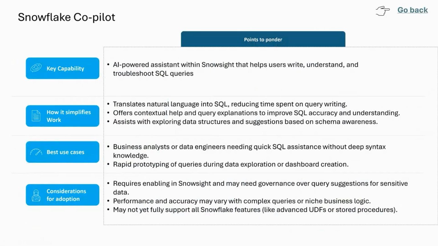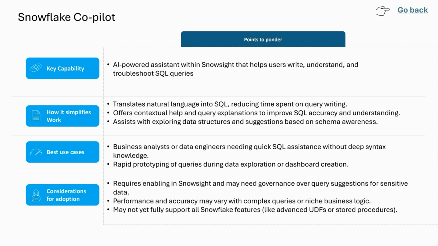Starting off with Copilot, what is Copilot? It is an AI-powered SQL assistant within Snowflake that helps business users or data engineers write SQL. It can do a variety of things.